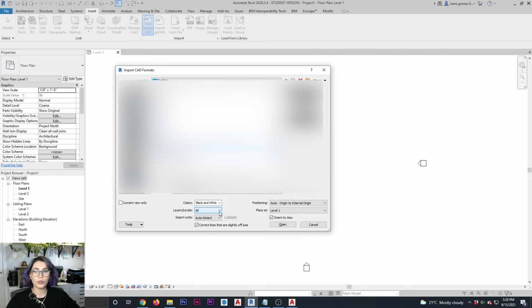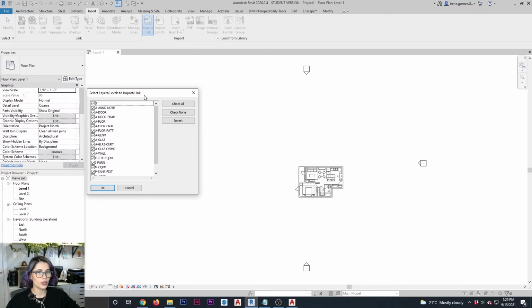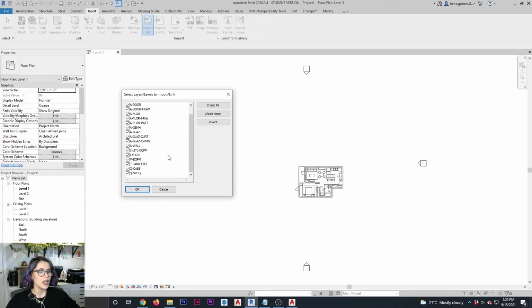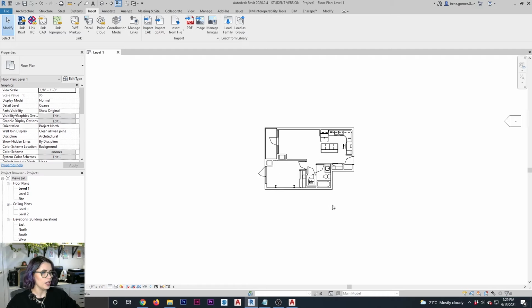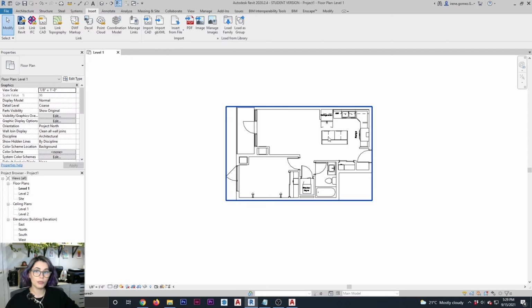So by default, when you import a CAD drawing, it's going to come with all of its current layers. But if you check here, you can actually choose to specify which layers you want to bring into the drawing. And when you say open, here is going to give you a list of all of the layers. And I can then, for example, come here and say, well, I don't want to bring the furniture, and I don't want to bring in floor patterns, for example. So let's do that and say okay. And what's going to happen is that it's going to remove those layers as it brings my CAD drawing in.